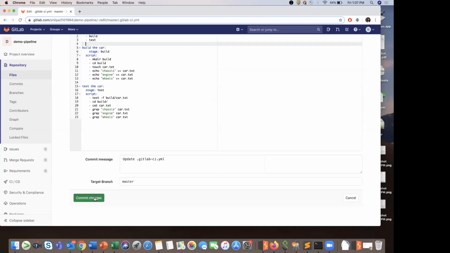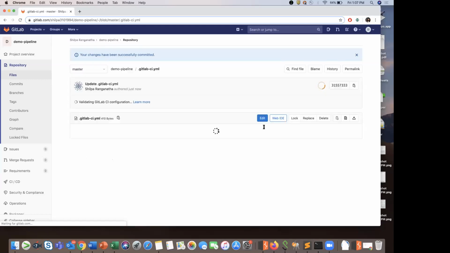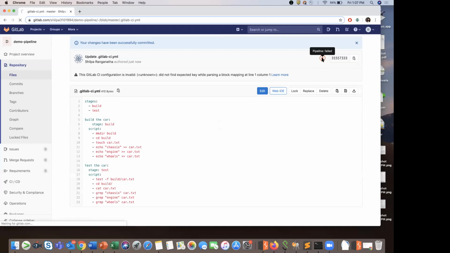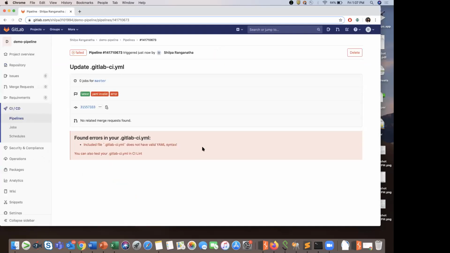So let's commit the changes. Okay, it says it's failed. Let's see. Okay, it says there's some syntax error. Let's go back.